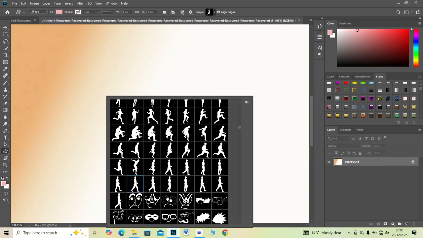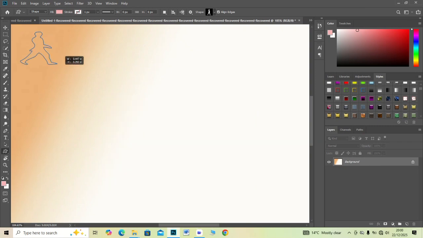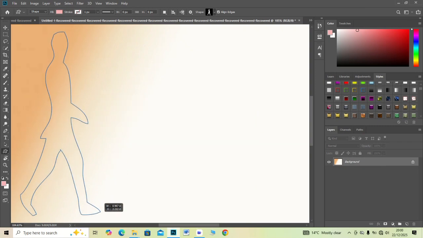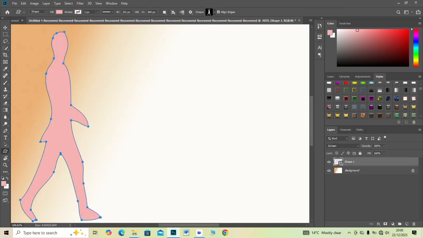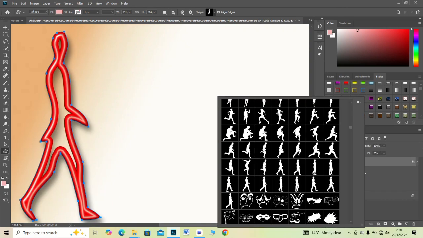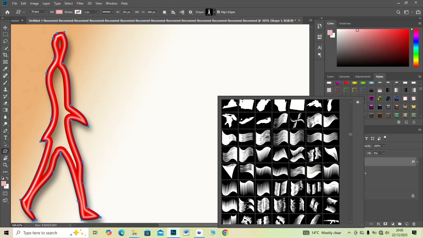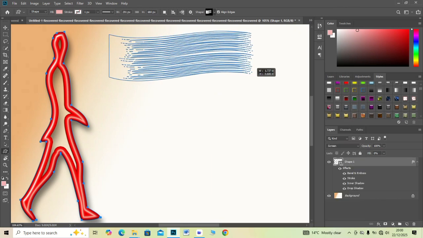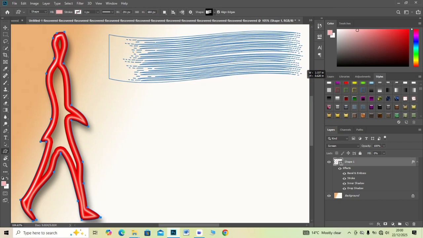Today we are exploring radial info burst using custom shape. Open Photoshop and create a new document. Then select the custom shape tool and choose a burst or stage shape. Draw the shape in the center, change the fill color to a bright highlight tone and duplicate the burst shape or resize